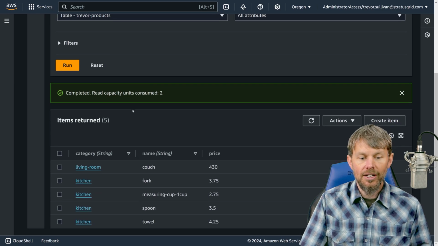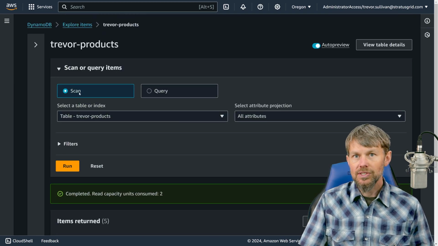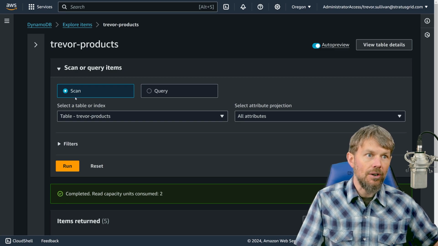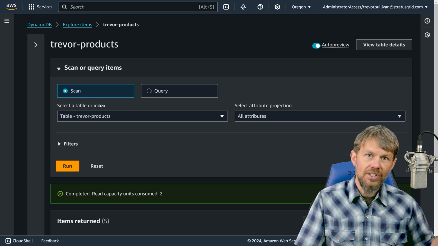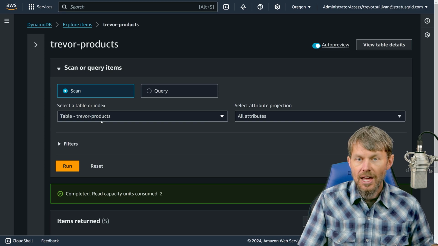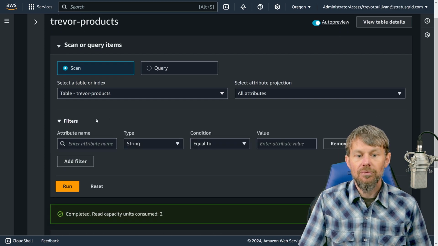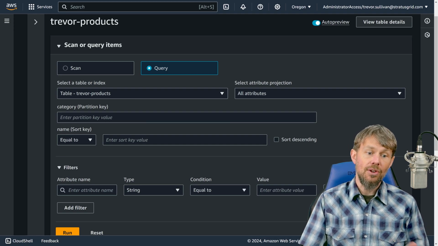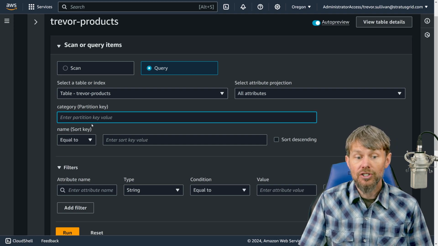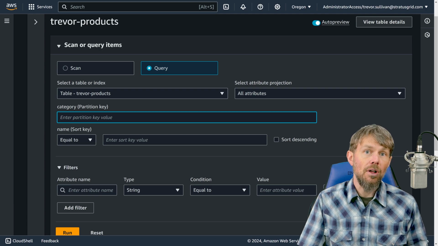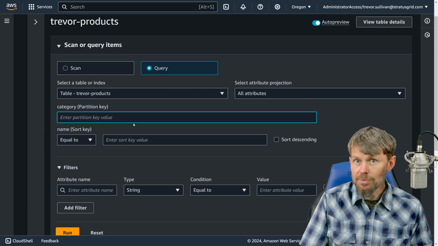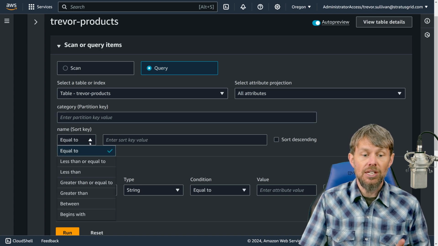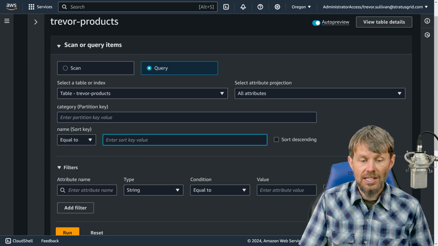query for items. Now, scan operations are pretty inefficient because it actually requires that the DynamoDB service go out there and look at every single record in the table and basically retrieve them and match them to any filters that you have here. But if you use the query-based approach, then you can actually enter what's known as your partition key right here, and that will allow you to retrieve data from a specific partition. And if you have a sort key, you can also limit the results based on the sort key value as